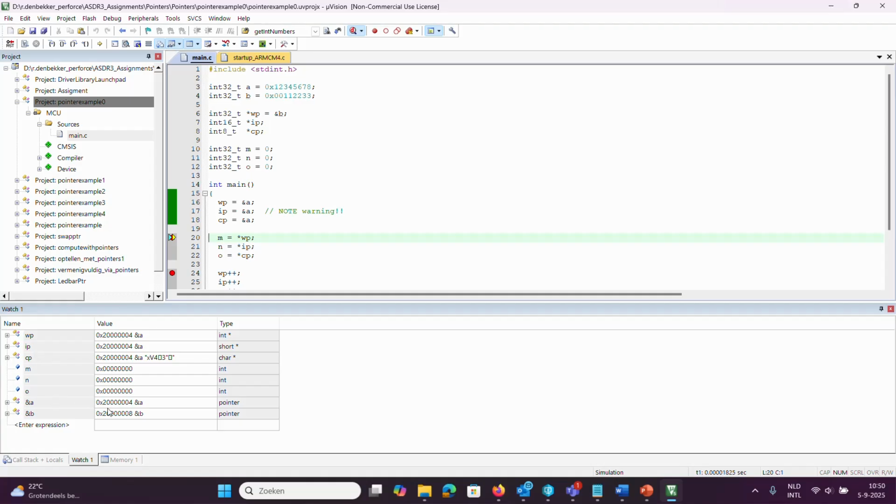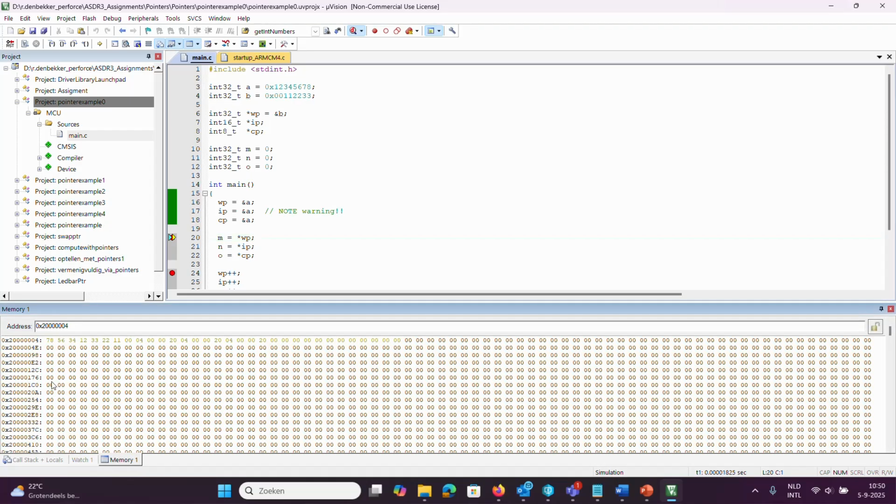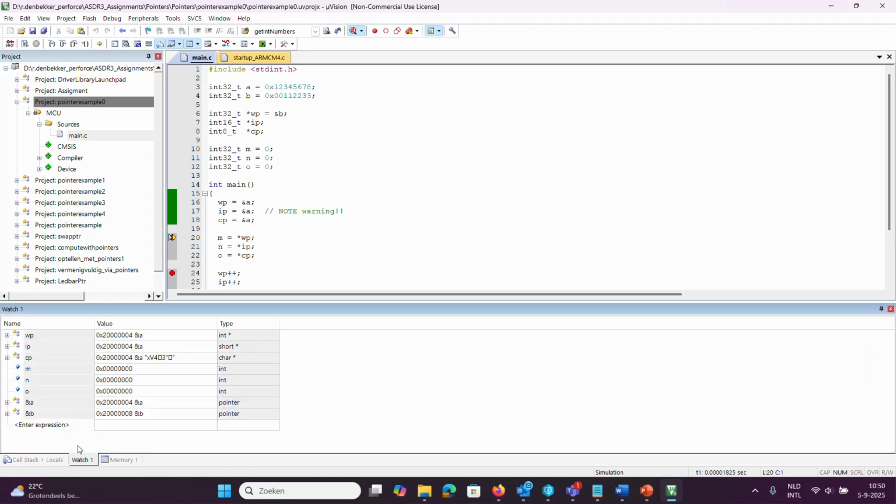We see that A is at 2004, which we show also here in memory. And we see that all the pointers point to A. And of course, M and O don't have values. And when I expand them here,